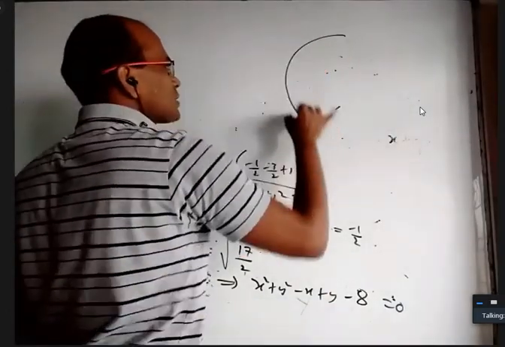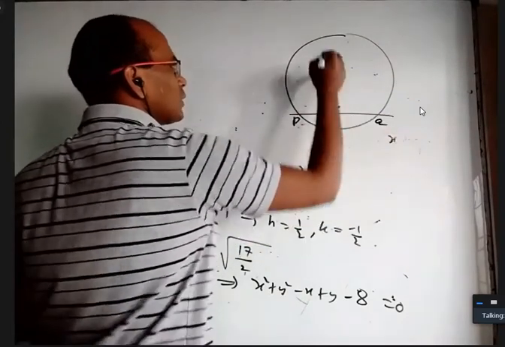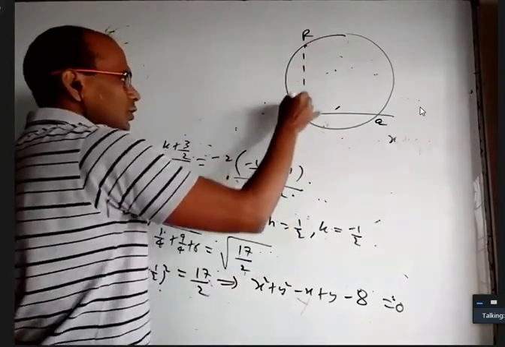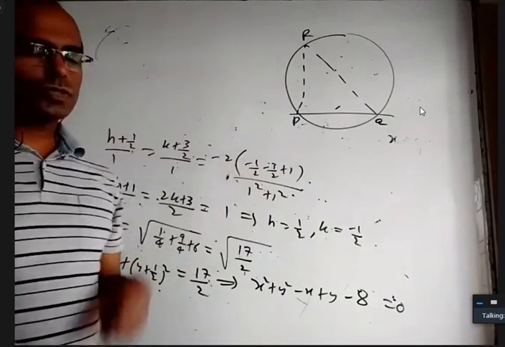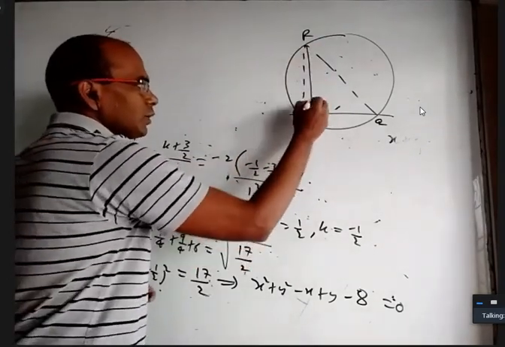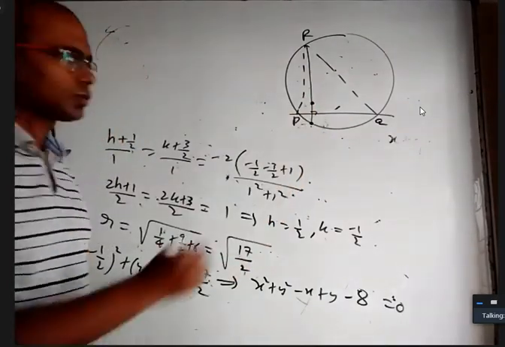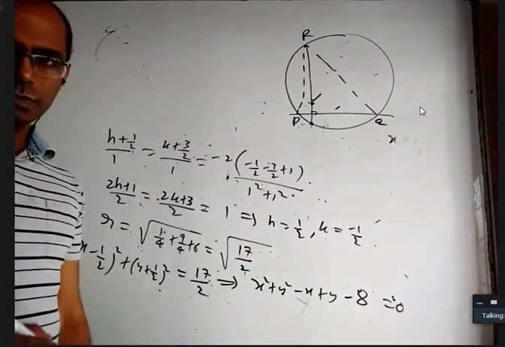See, we have a circle and we have a line intersecting at P and Q. If we take R somewhere here and join to this and join to this, for this triangle there will be one orthocenter. Where is that? How will you find? Draw one altitude. And we know this orthocenter and this point are images of each other. So take this point, find its image. So mark this. That is one of the points on the locus, right?